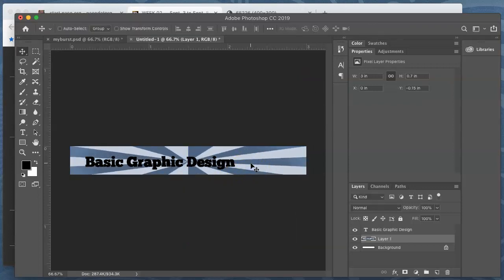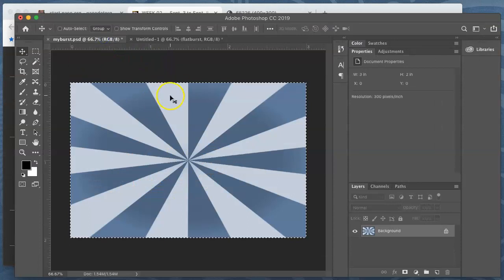And then there's this. I told you that I would show you a second way. Here I selected everything, so I have the blue and the not so blue. If I were to move this layer, which I'll call here flat burst, on top of basic graphic design, you couldn't see the text. But if I wanted to have something that was transparent in my original image,